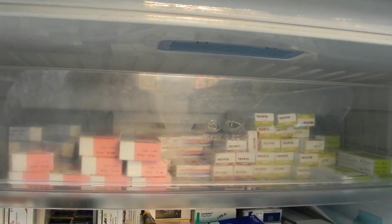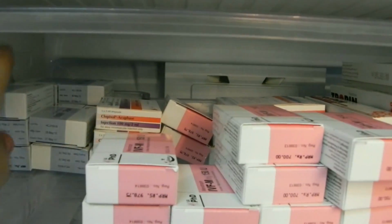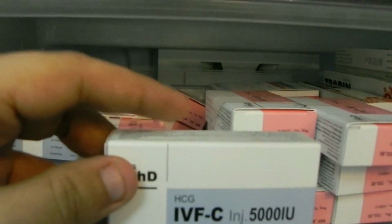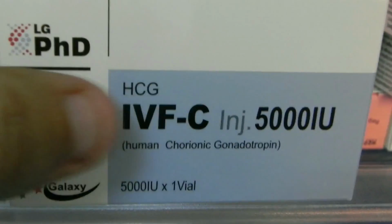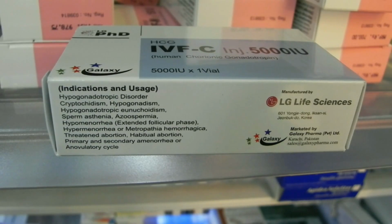Now coming to each product one by one. Starting from the most top rack. This product is called IVFC 5000. This is basically the hCG hormone, and telling you why it's used, the product itself gives excellent description of the indications. Hypogonadotrophic disorder,